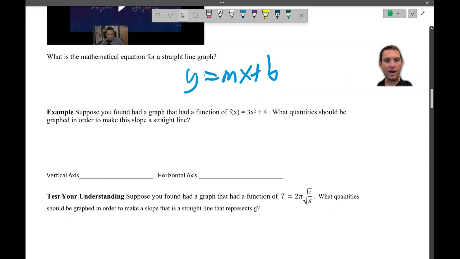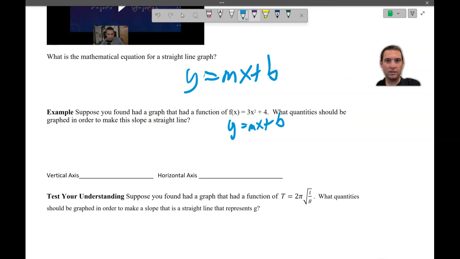Suppose you had found a graph that had a function of f of x equals 3x squared plus 4. Which quantity should be graphed in order to make a straight line slope? So we're going to do y equals mx plus b. When we do this,